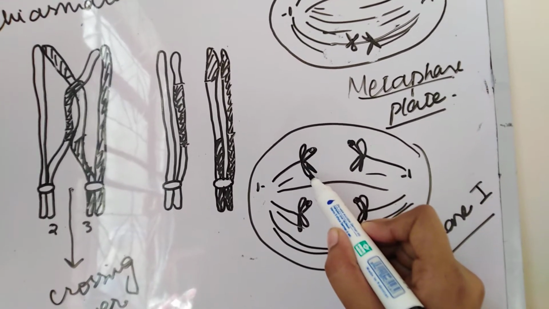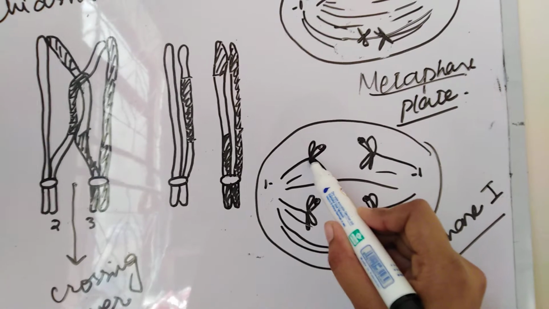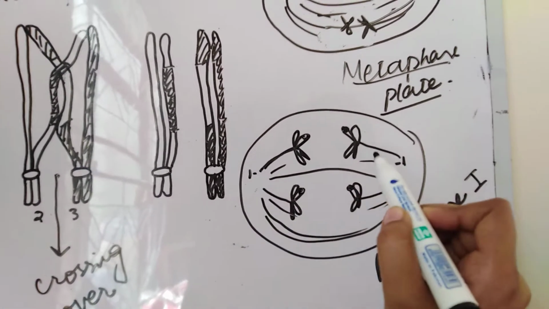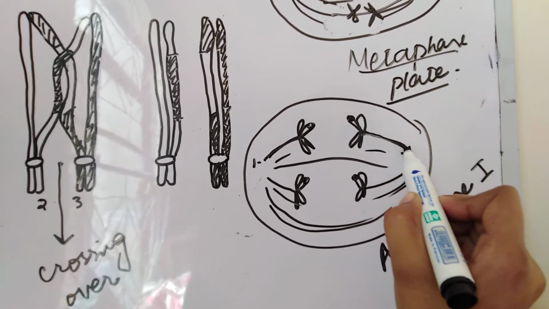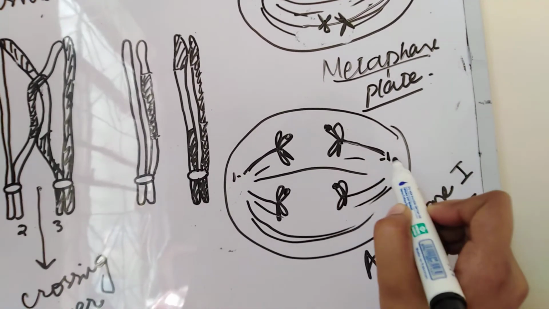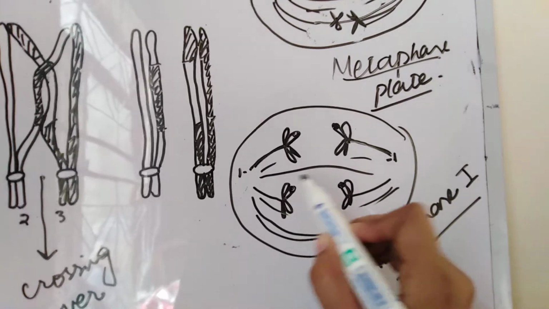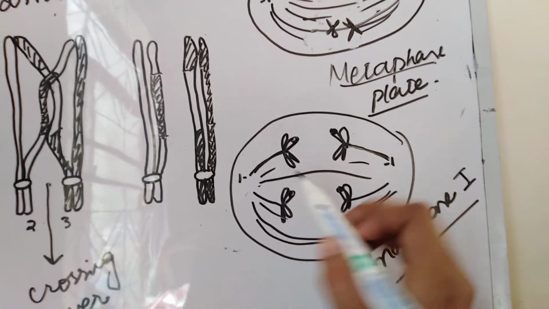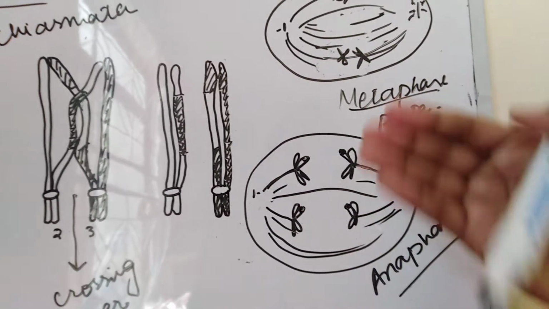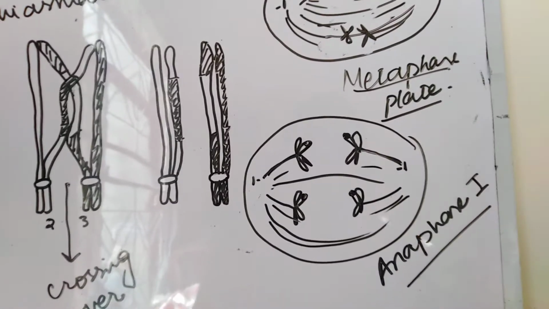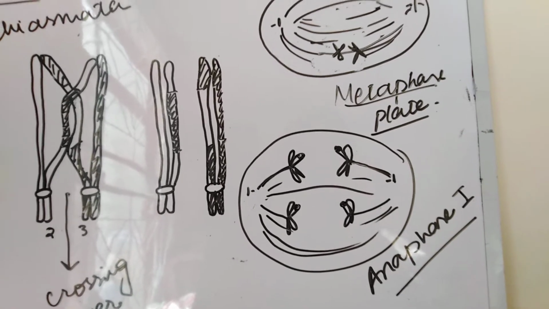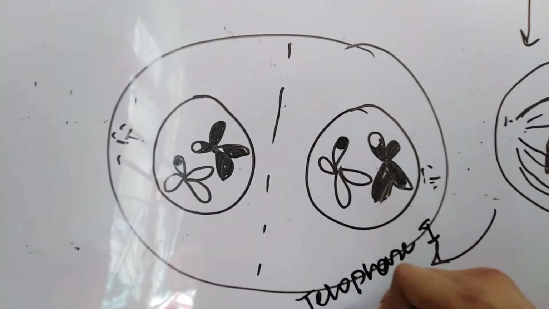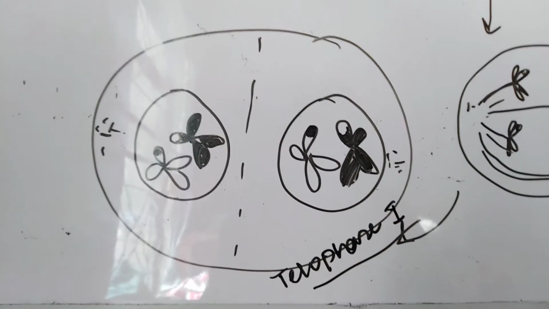Now spindle fibers shorten and pull the complete pair of chromosomes towards themselves. Have you seen this diagram? Then spindle fibers are pulling this chromosomal pair to this pole, and these spindle fibers are pulling the chromosomal pair to the opposite pole. In the meanwhile, non-kinetochore spindle fibers join each other to facilitate the process of separation. But now I am going to erase the prophase 1 to draw a telophase for you.